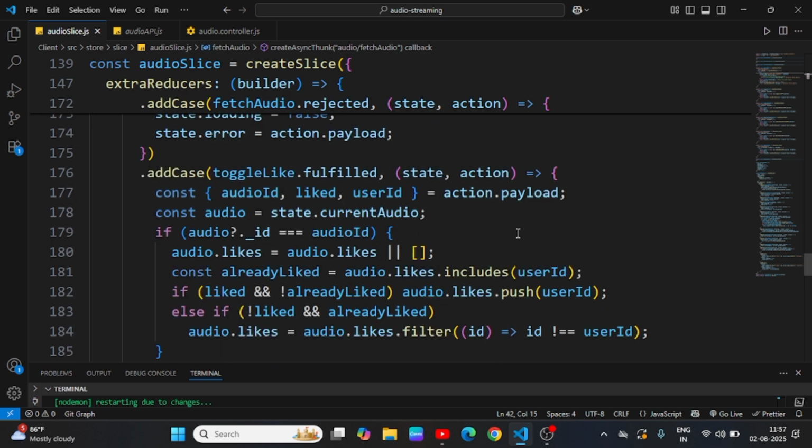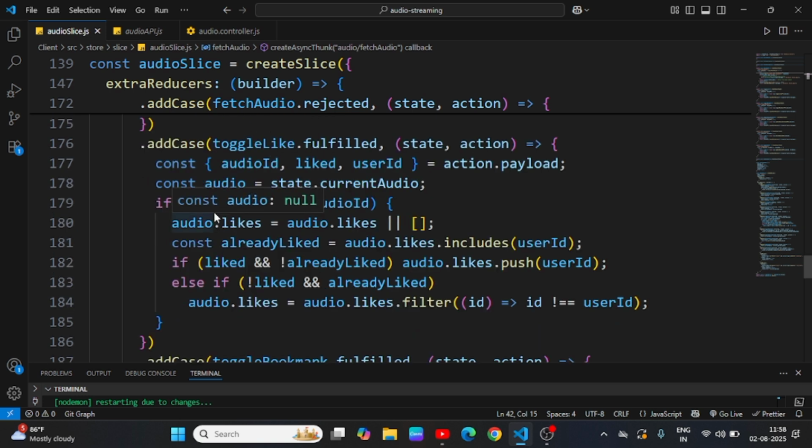The action payload. I'm just extracting the three things from that action payload, because I don't want to extract all the data. So yeah, and then I'm handling audio. Current audio is equal to, so current audio I assign inside audio. So if audio inside audio ID is equal to audio ID, if equal, that means whatever I'm getting from